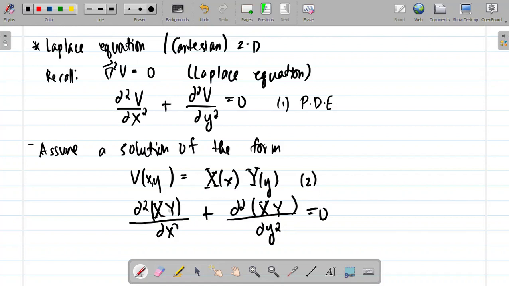Tapos class, di ba partial x? So it means hindi siya mag-a-act sa y. Okay? Kasi Y is function lang siya ng y. And same here, partial y, ito hindi siya mag-a-act sa x. So we will get, next page,